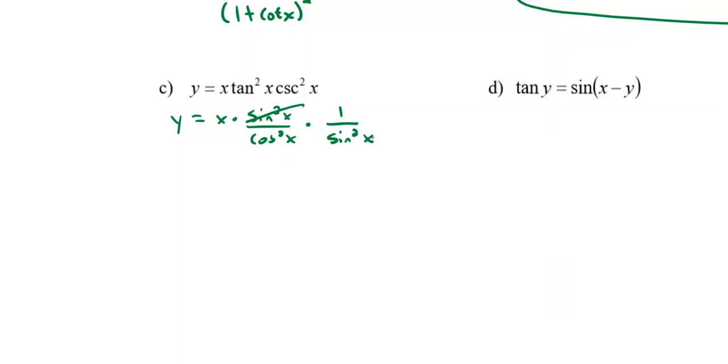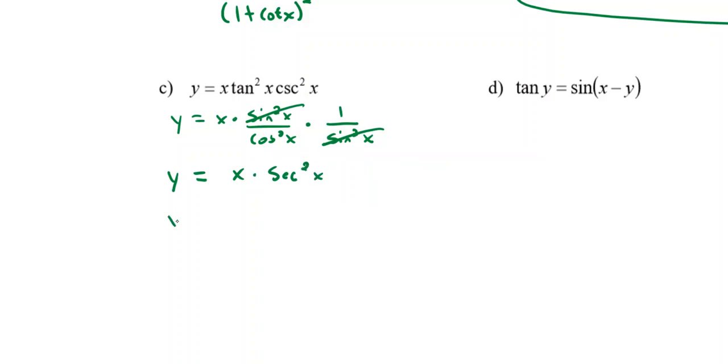And hey, look at that. Sine squared x and sine squared x, they cancel. Oh, that becomes way easier, right? Now we don't get to deal with all that. So now this becomes y is equal to, and well, we could do it different ways. I could write this as x over cos squared x and take the derivative that way. But we're just doing the other trig ratio. So let's write this as x times secant squared x